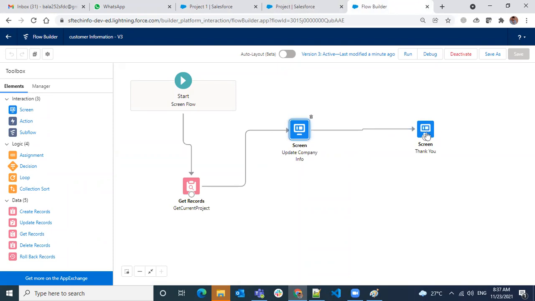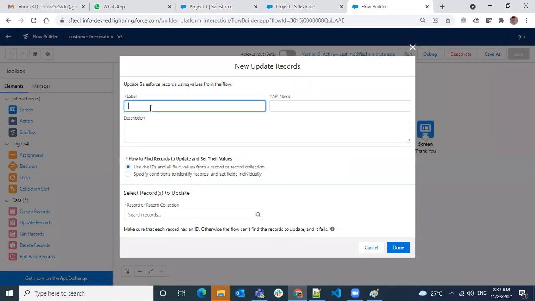Okay. Before I show the screen, I want to add some more logic in between to update the values to the record. This is the Update Records element I'm going to use, drag and drop, and update the current project, or I will say Update Current Project simply.